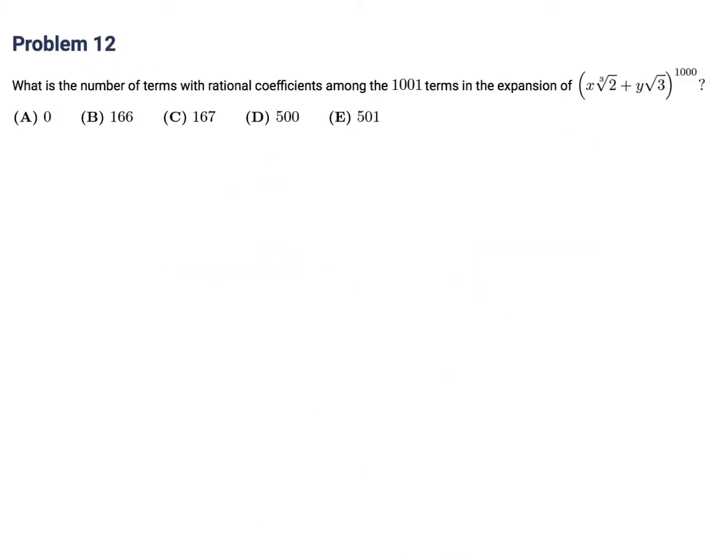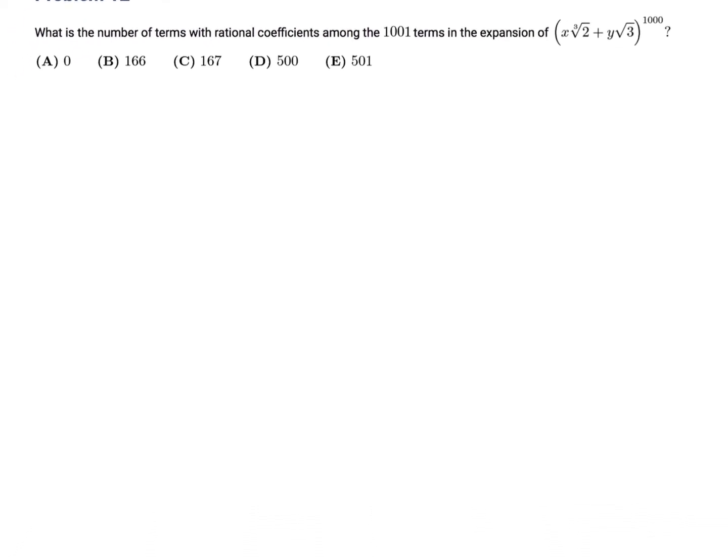Problem number 12. What is the number of terms with rational coefficients among the 1001 terms in the expansion of x times the cube root of 2 plus y times the square root of 3 all to the power of 1000? Okay,